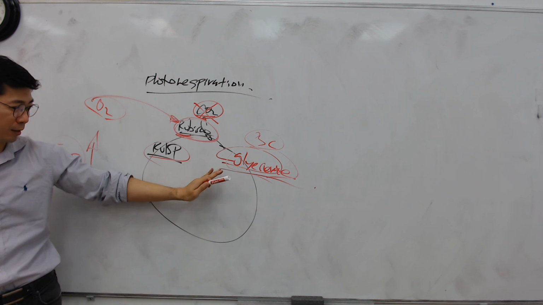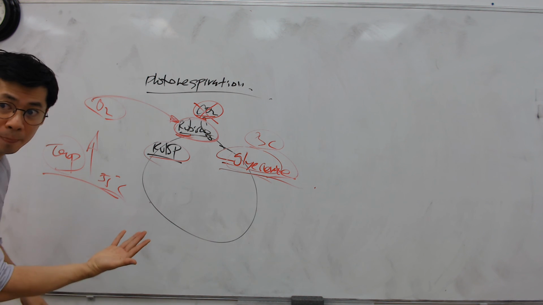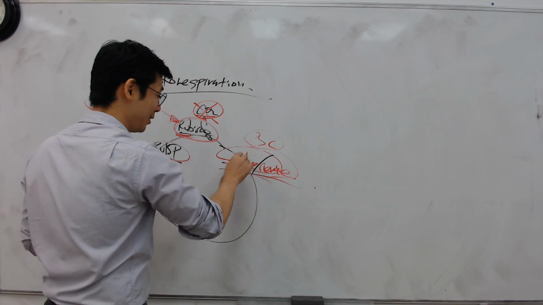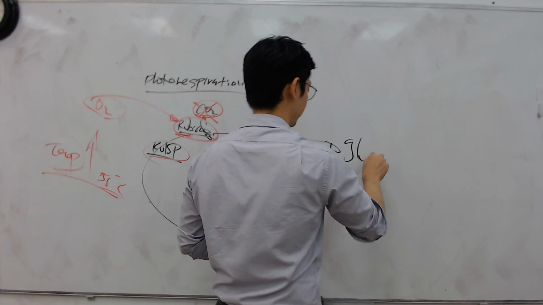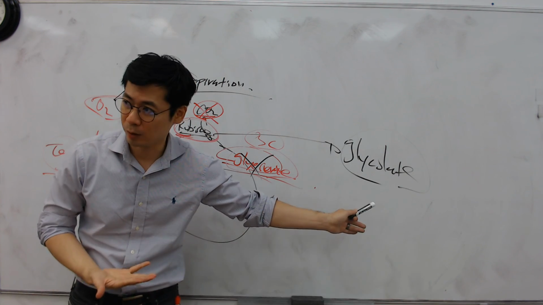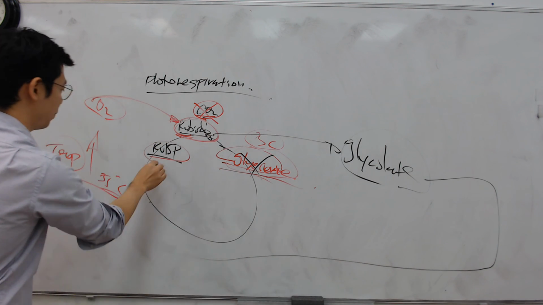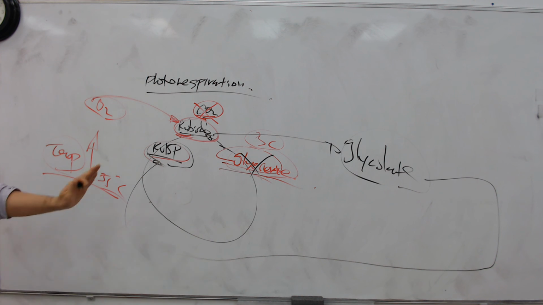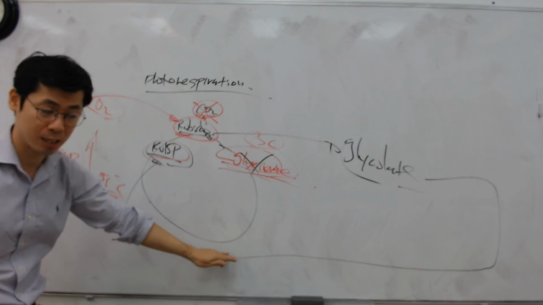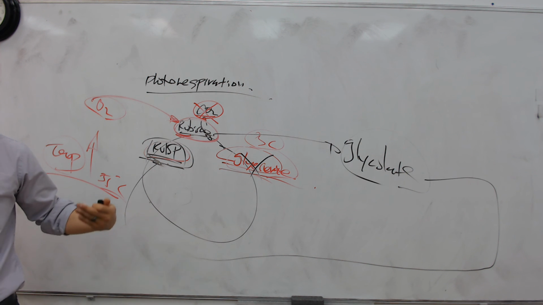I think they get glycolate, that's what they get. So they're not getting G3P. So what do they do? When they bring in O2 instead, they're getting something else. What do they have to do with this? They have to go an extra step to put this back into RuBP. They have to go into a different cycle to get RuBP, ribulose bisphosphate, to run it again, because they put the wrong stuff in there.